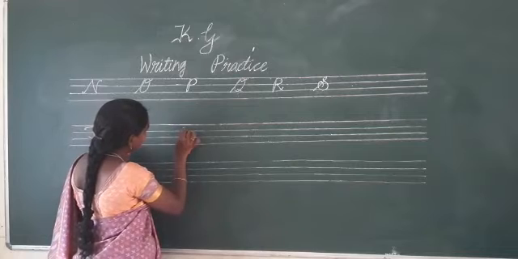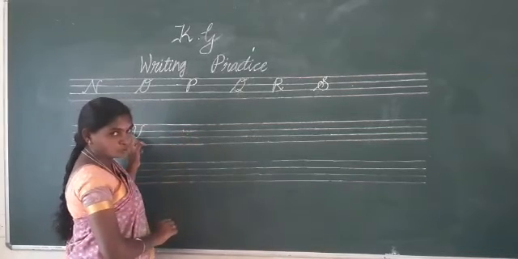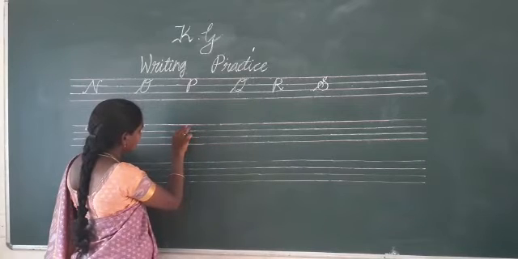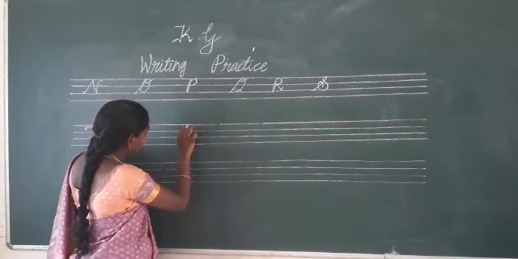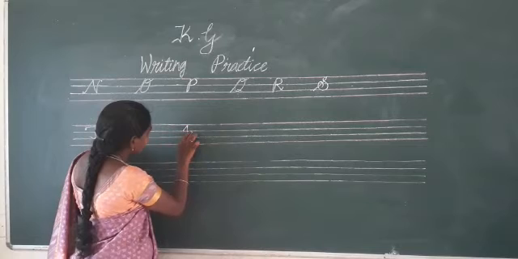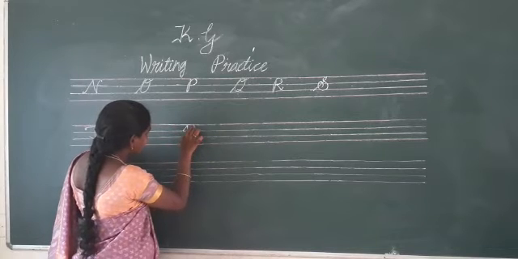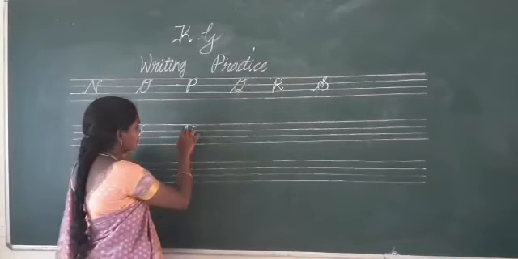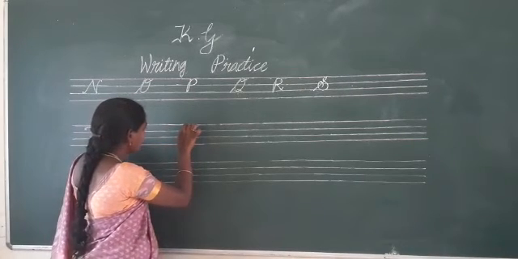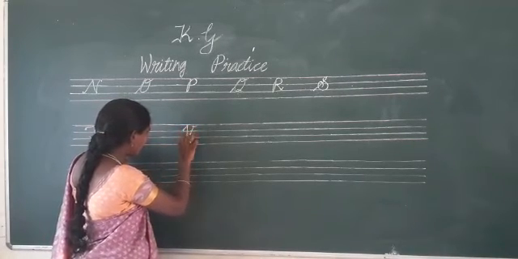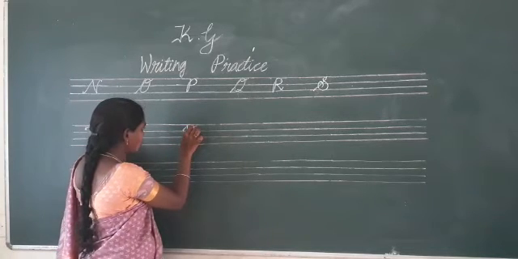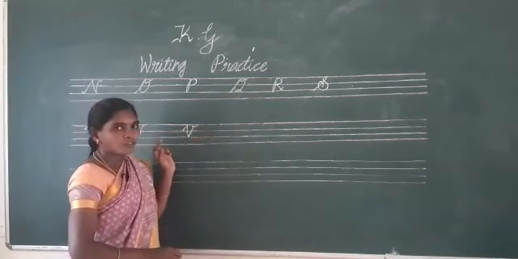Then next to U is V. How to draw V? Same as U, you have to draw just a small slanting in the middle of the line and draw like this and one more slanting and a small loop. A mild slanting, another mild slanting line and one more slanting with a small loop forms the letter V.